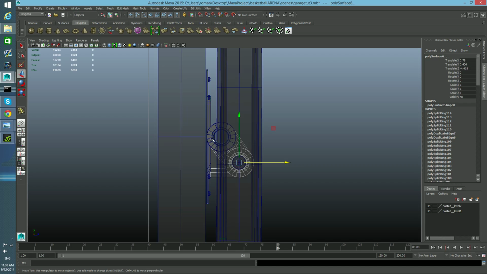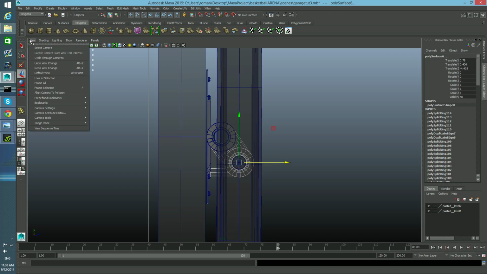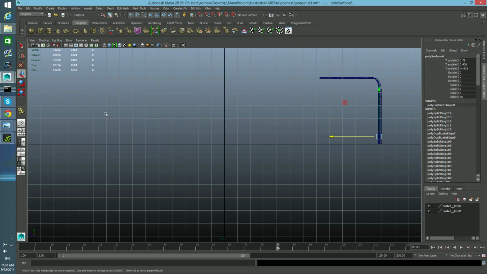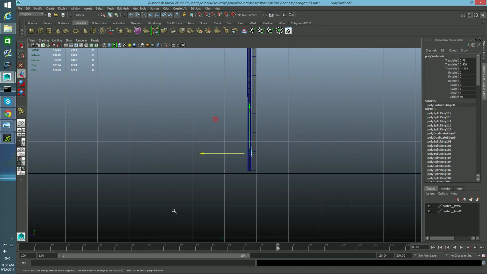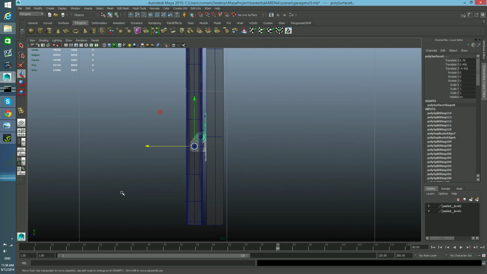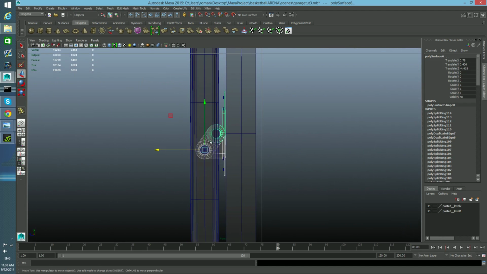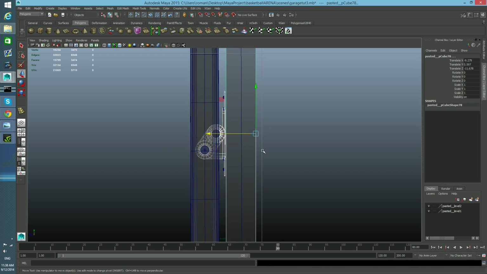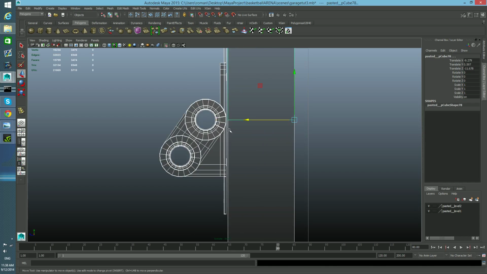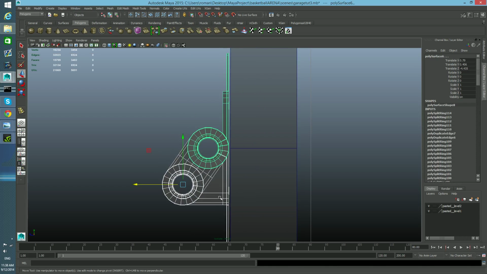Oh, it's not this side view, I need to change. This is the front, I need the right side. So both selected here, and I can, oh, I need to grab the door, sorry, and isolate them so I can see things better. Grab both of them,